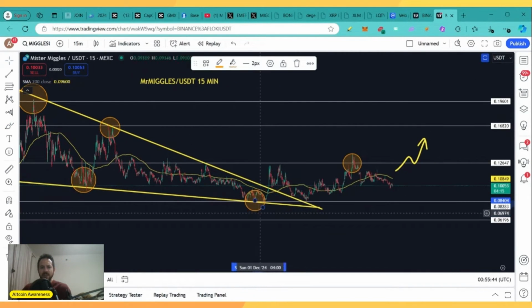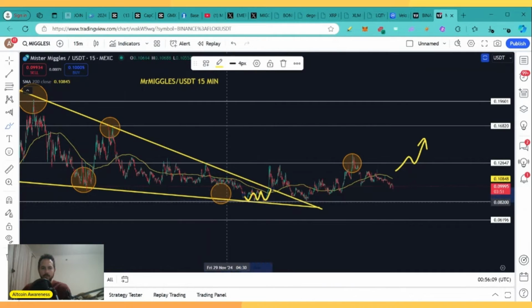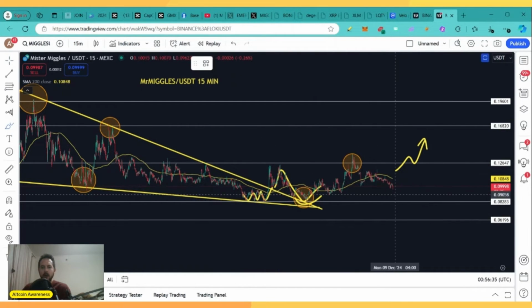The first key level of support that we should be paying attention to is located at 0.08283. As you see here, in the past, the price action bounced on this level multiple times. Right before we broke above the triangle pattern, we had 3 bounces here. Look at this. 1, 2, 3. Also, after the breakout, when the price action was retesting, we had another bounce here. So if the price action pulls back, I expect to see a bounce right on this key level of support,